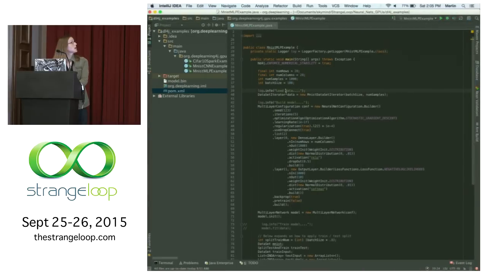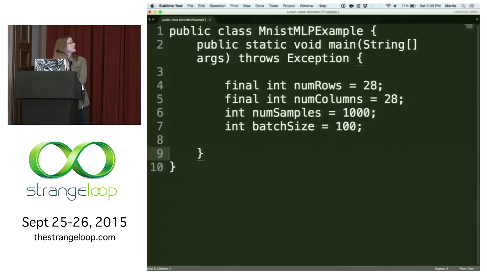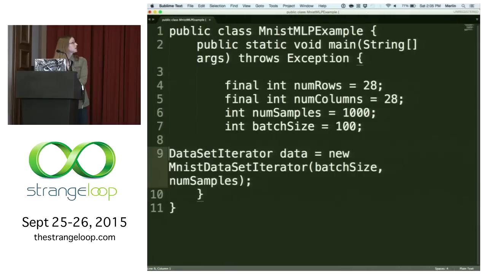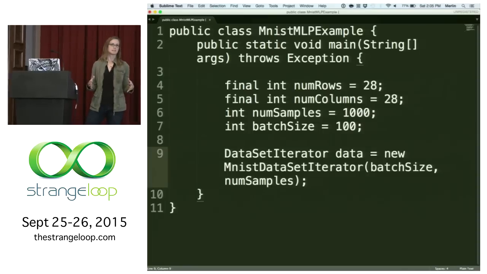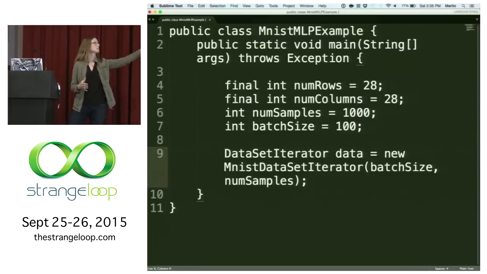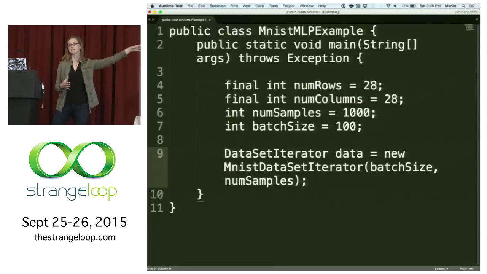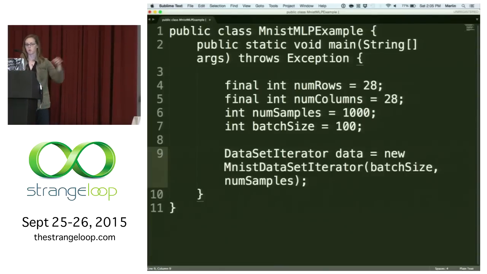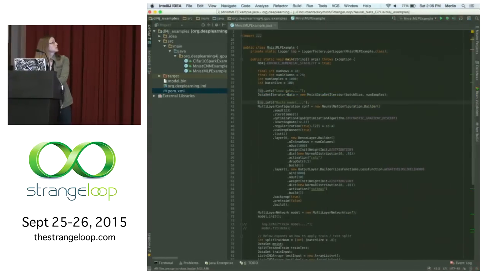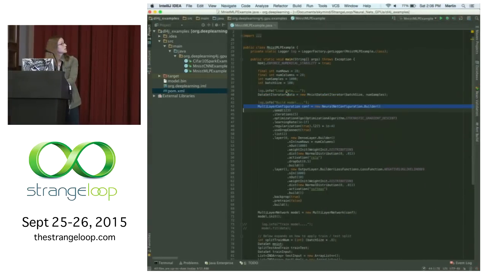Okay, so I've got a predefined data set iterator, and this is allowing me to say, okay, this is what my data set is. And so here's the thing. If you've worked with MNIST, MNIST is pretty much easily accessible anywhere. We just have a binary that you can pull in and define how many examples you want to use and how you want to batch it. You can pull this in, set it up however you want. But the real meat of this is where you define